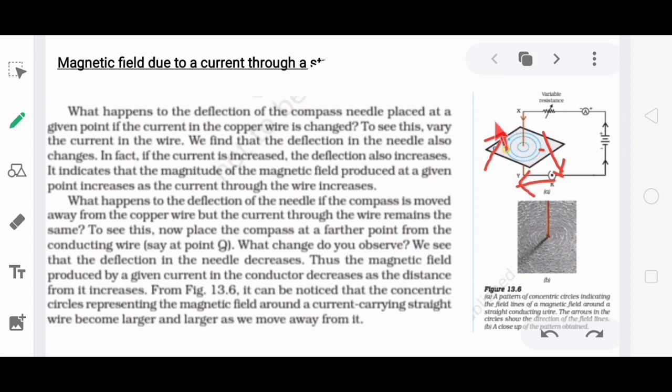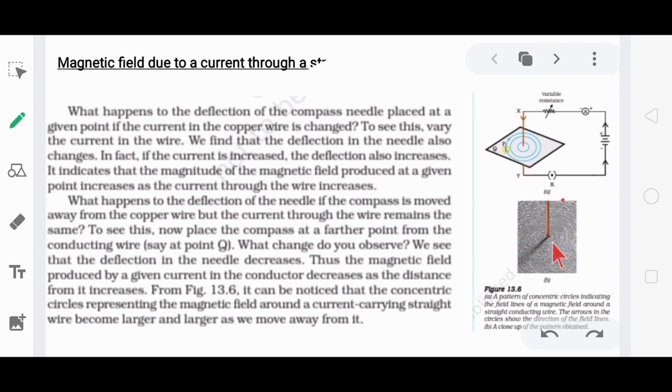For the practical demonstration, we have an activity here. If some iron filings are distributed on the cardboard, and when you close the path, when you switch on, the iron filings are now arranged in a special manner. The iron filings are arranged in the form of concentric circles. A circle, and outside the circle again a circle, again a circle like this. Actually these circles represent the magnetic field lines.